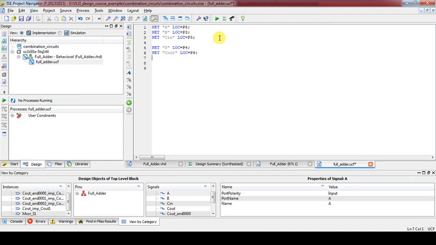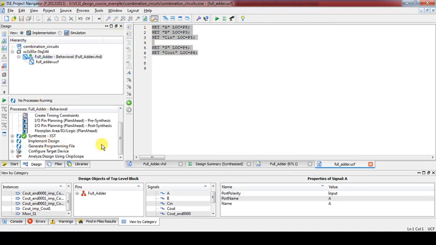Now this is a very simple combinational circuit, so we are not adding any timing constraints, nothing else. In this constraint file we can add timing constraints as well as timing groups or dedicated clock routes. So many constraints are there in VHDL or in VLSI, or we can add them through this constraint file. Okay, so like this the IO pin assignment is done. We can just save it, and then start generating the programming file.